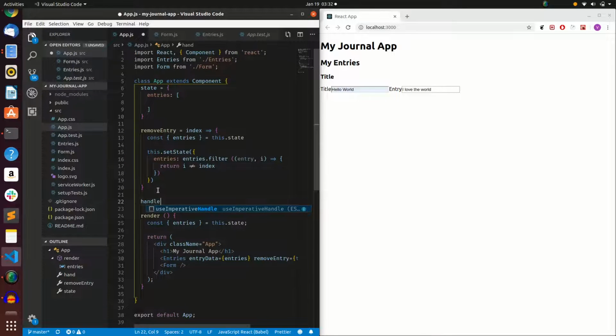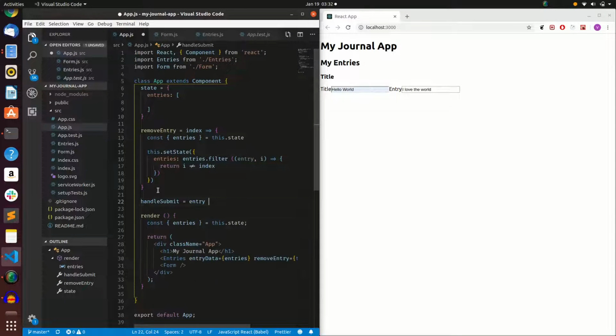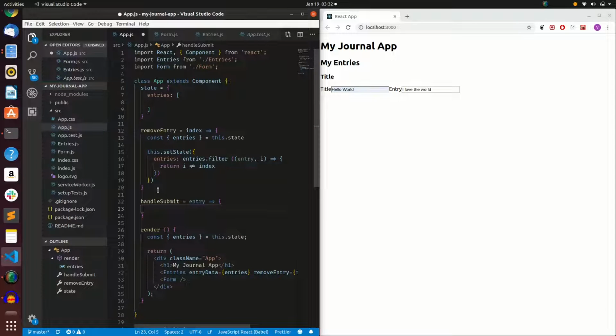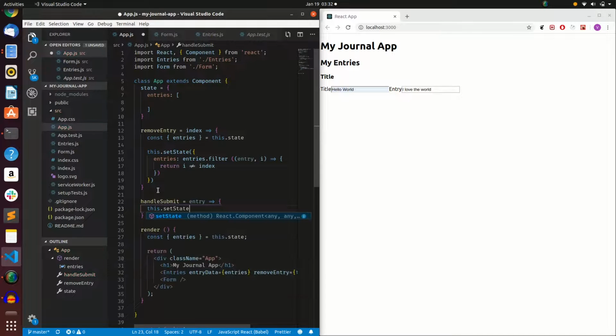So we're going to call this handle submit, and we will pass in an entry, so the respective entry that we're creating, and we'll make that an arrow function, and then we will create a body to that function, this dot set state. So the entries,